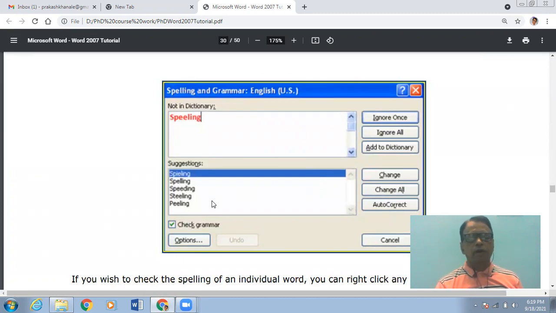If you are happy with the suggestions, you can select the appropriate spelling for the word. And if you are not happy with the suggestions and want to keep your spelling as it is, you can click on the Ignore button. And if you want to change, you can click on the Change button so that the selected spelling will be changed.